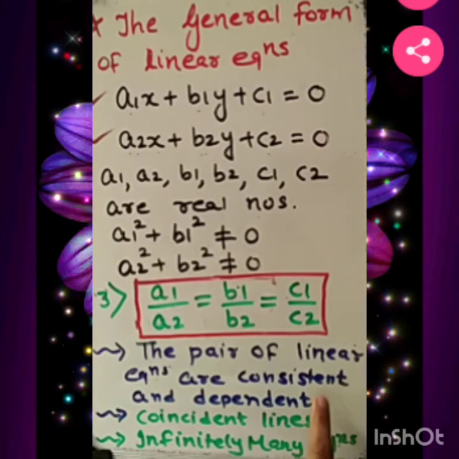Both the things are there, and we know that they are coincident lines. Coincident means overlapping, means one line is overlapped onto another line, and at that time it has infinitely many solutions. Infinitely many solutions means each and every point on a line will become a solution. Clear to you? So this much is the clarification regarding this method which we are going to apply.